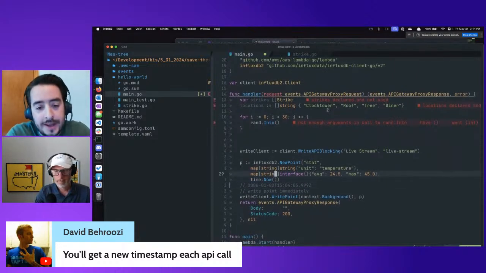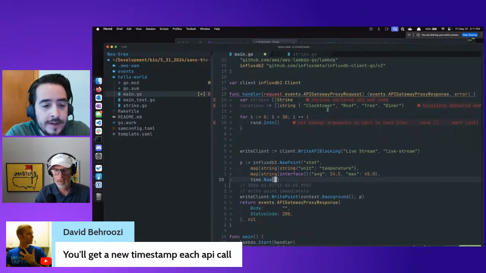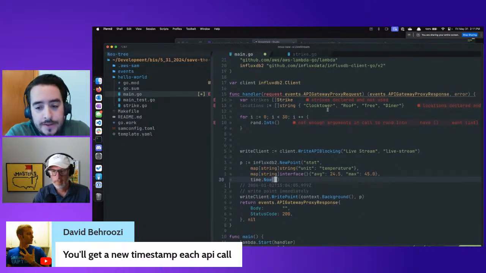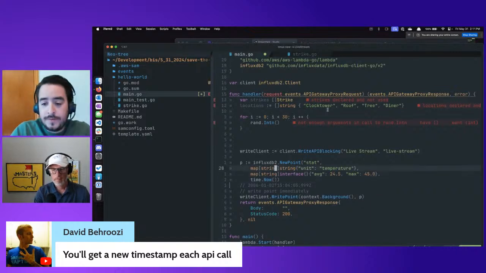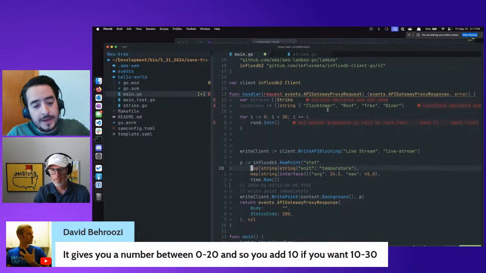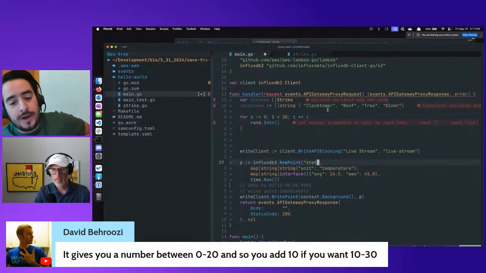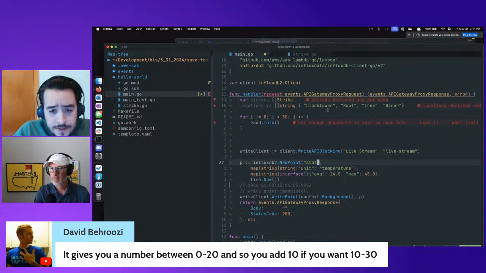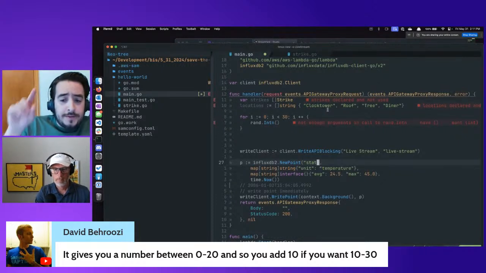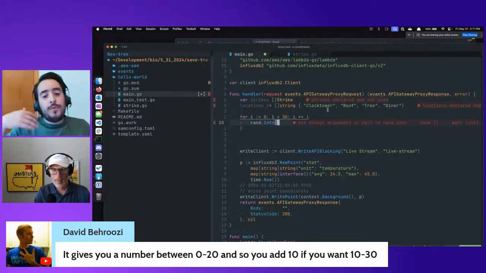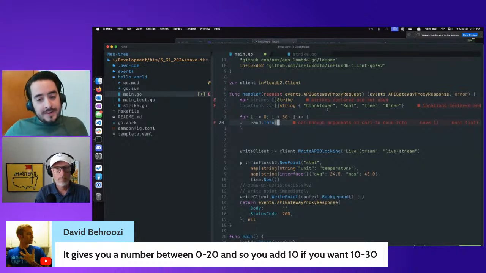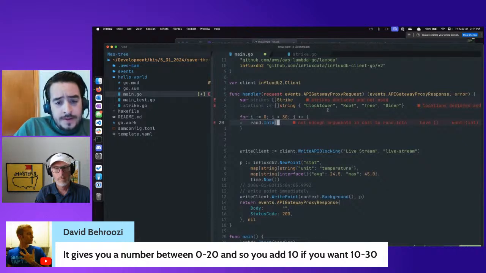Yeah, time now. Okay. It gives you a number between 0 and 20, and so you add 10 if you want 10 to 30. So you're trying to handle the randomness in a single call, and we can just do multiple calls and do it in the millisecond.